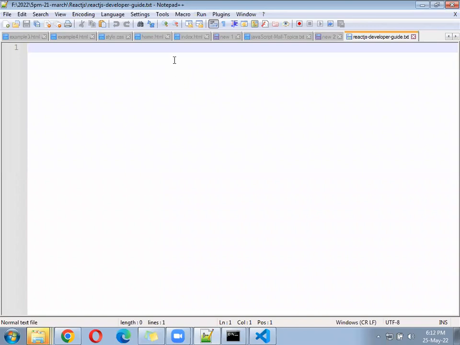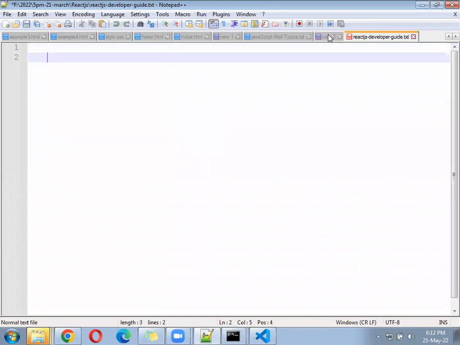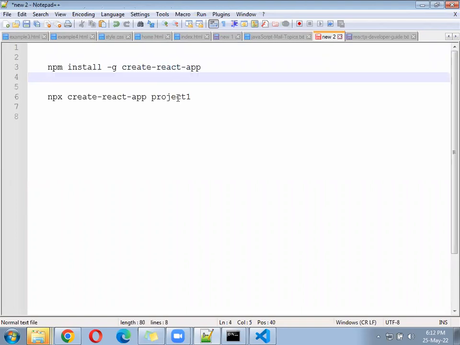Let's go here, come to the developer guide. So in that, first, what you did, you follow these two things, make a note.